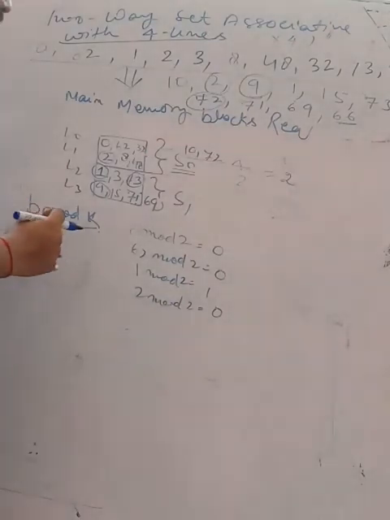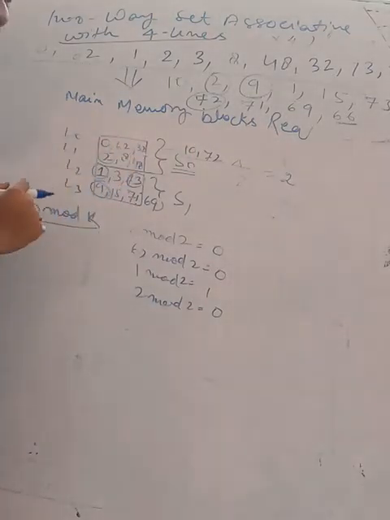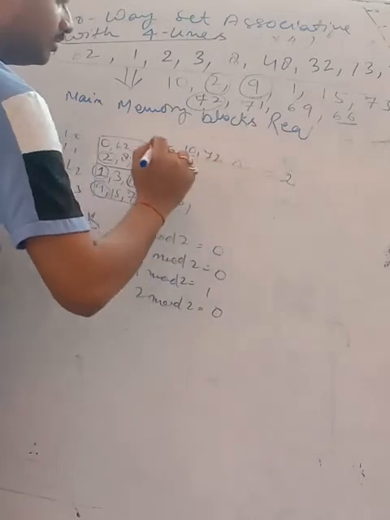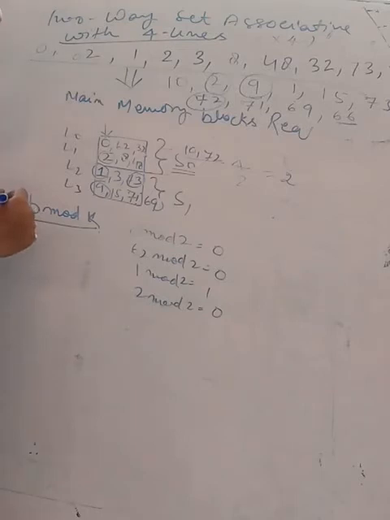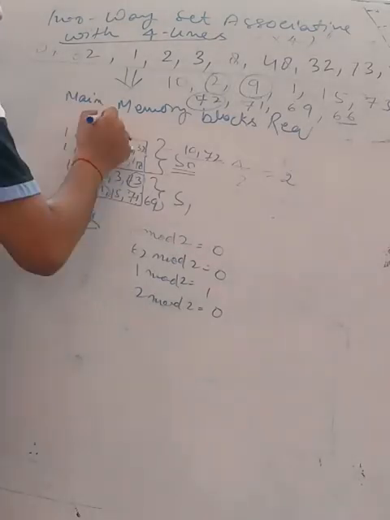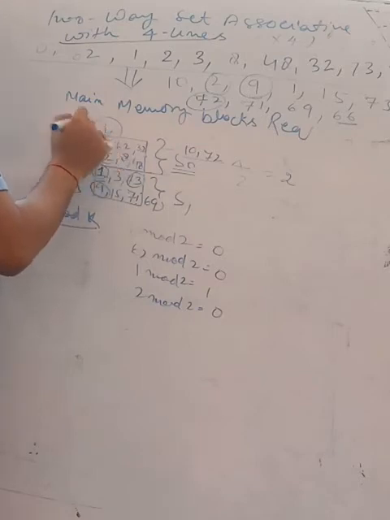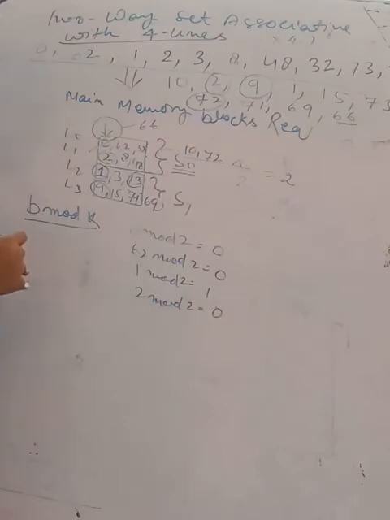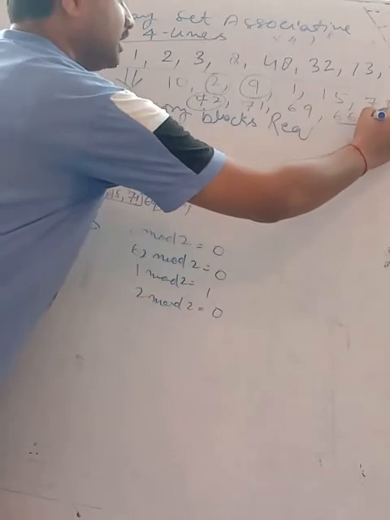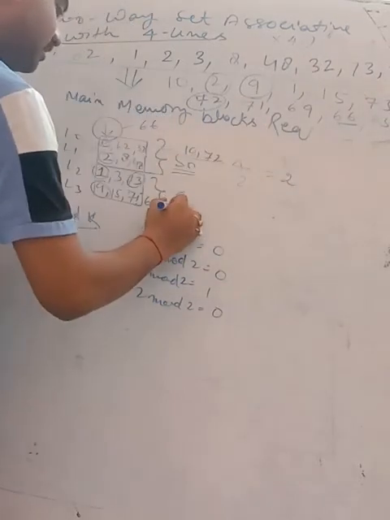We will check which word was inserted very first. Now the word 0 was inserted very first. In such a case, word 0 will be replaced and here 66 will be stored. This is the first in first out policy. And again, if we have another reference like 65, 65 will be stored here.